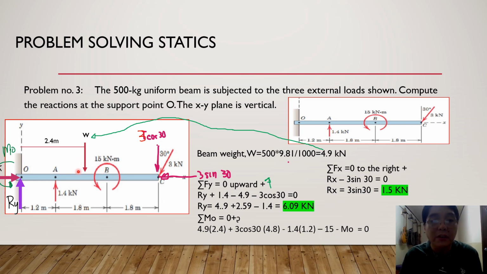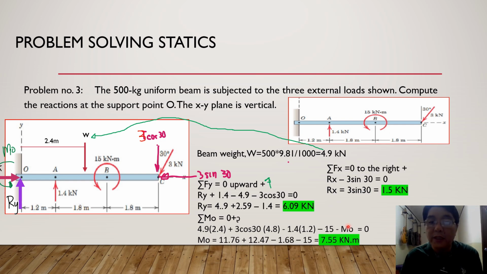Why negative? Because it is acting counterclockwise. And then, yon yung M sub O yon. We still have to add it. M sub O minus kasi ang assumption natin counterclockwise. Okay. So I hope maliwanag na po, ano? And then everything will be computation. So we have M sub O,